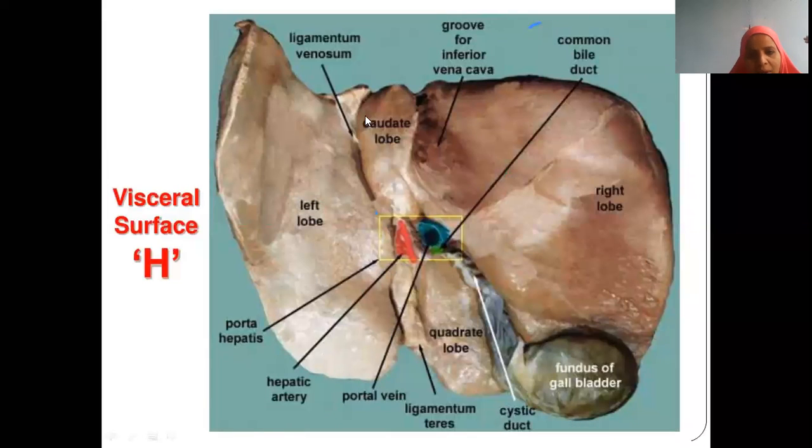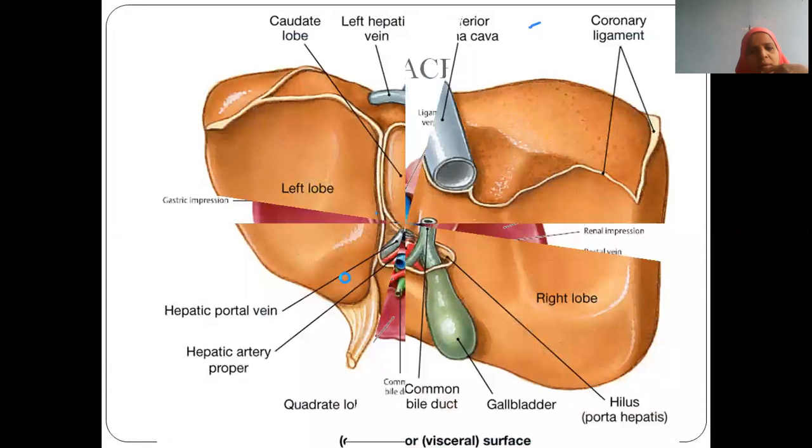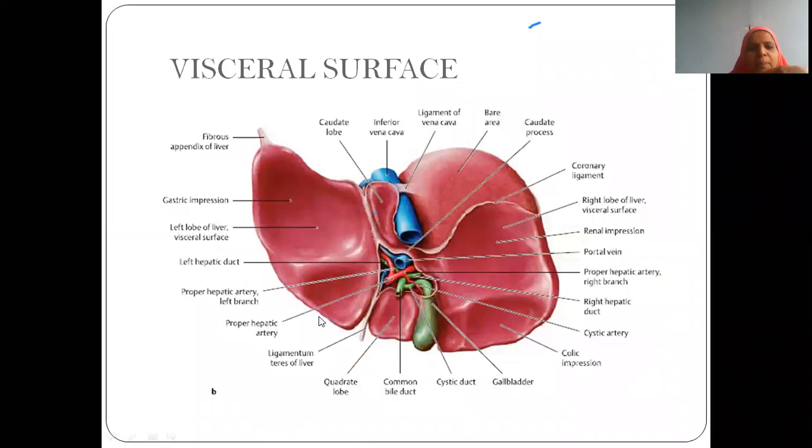Okay, what is this area between the caudate lobe and quadrate lobe? Porta hepatis. Here the two projections from the caudate lobe are a little clear. So two processes I said. One is like a tail, caudate process, and adjacent will be the papillary process. Caudate and papillary processes. Okay. So these are different pictures for our better understanding, and they are all labeled. Whichever is easy for you, you practice these. Again same, gastric, esophageal, gastric. Here you will have duodenal, colic, renal, suprarenal.